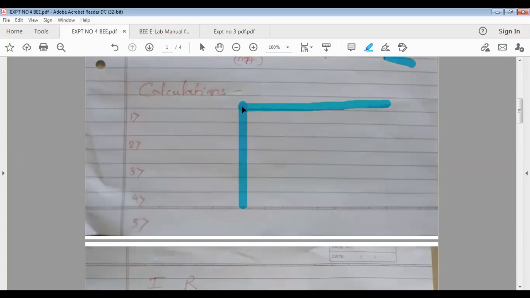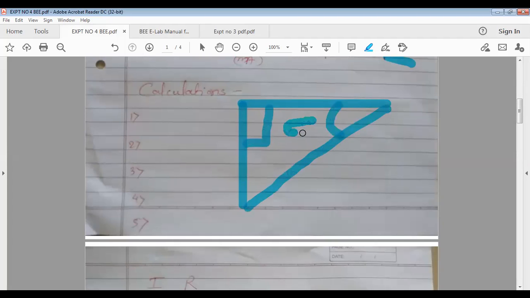You will derive it, impedance triangle. Some calculations, some derivation are there. There you can find like this is the impedance triangle you will get. This angle is 90 degree. This angle is phi. Phi means what? It is the phase difference between total voltage and total current. Suppose phase difference is 45 degree, then this angle is 45 degree, phi. Phase difference means it's a phase difference between total voltage and total current.